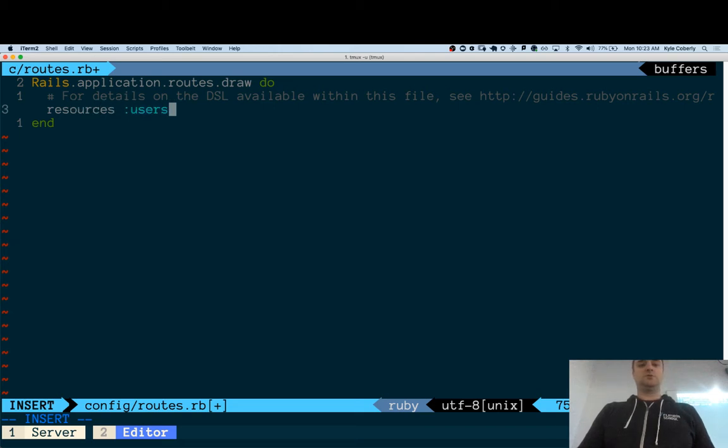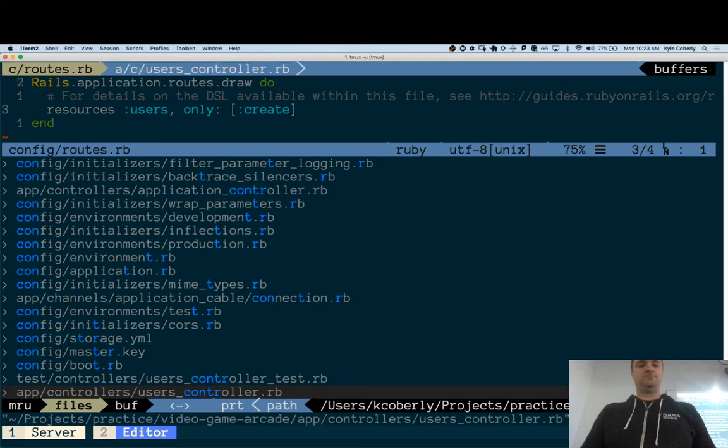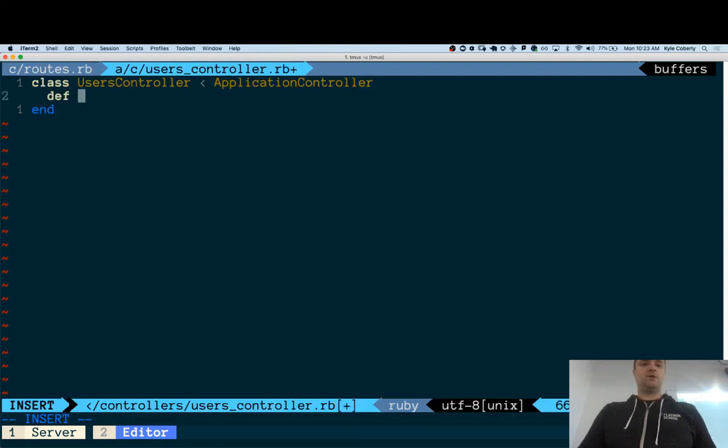Resources :users, only: :create. And then over in that controller, make a create action that will User.create with